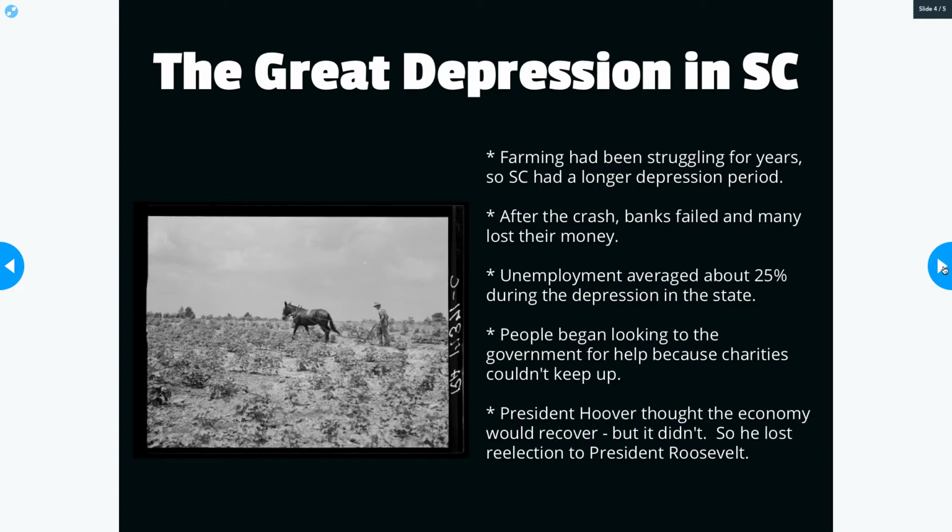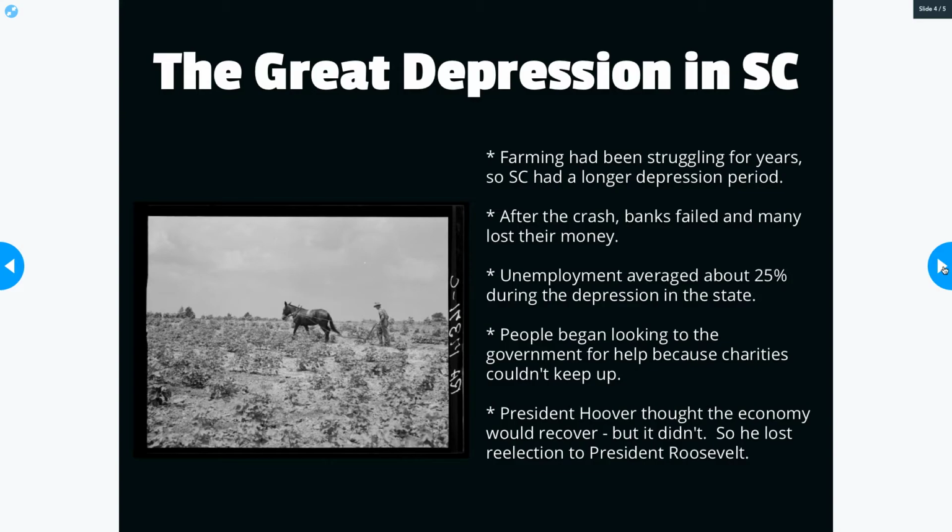Unemployment averaged about 25% during the Depression in South Carolina, so 1 out of every 4 people in the state did not have any means of income at all. And people began looking to government for the first time. This is a huge period in history